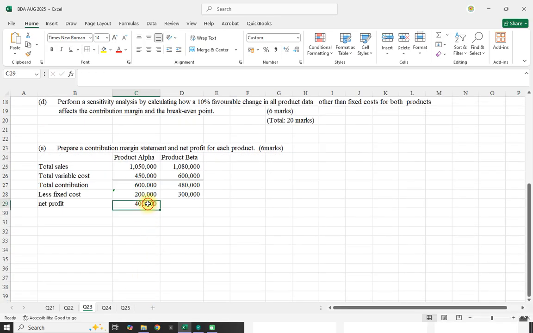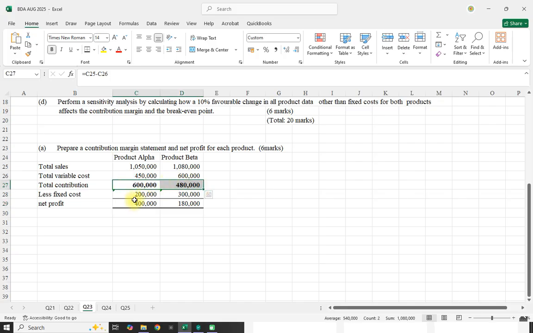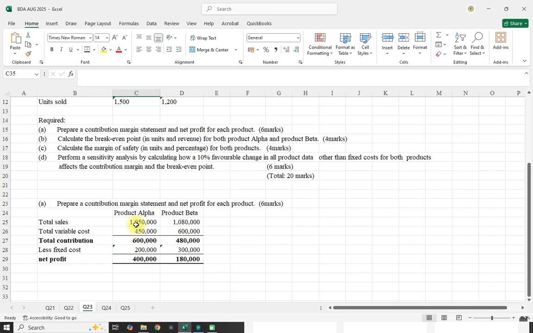For each particular product, we have 400, and the other one 400 and 180 as our net profit. So this is our contribution. We can bold that, and we bold these. That is the total contribution and the net profit. That is how the first part, Number A, for 6 marks was supposed to be done. Then we go to number B,